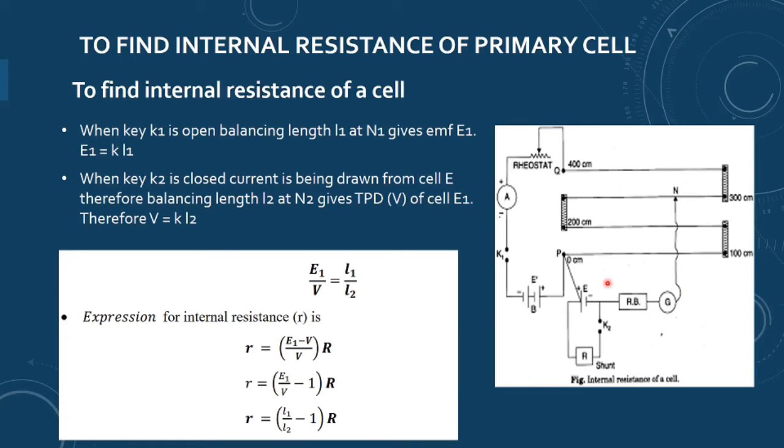Now here this is the circuit where the EMF of this cell is to be calculated. In parallel to this cell, we have to connect a small resistance box and a key. This is again a one-way key which we are calling K2. This we are calling K1. Here another resistance box, which is a high resistance box, is connected with the galvanometer, and this is connected with the one terminal device, that is Jockey. So this is the circuit diagram.